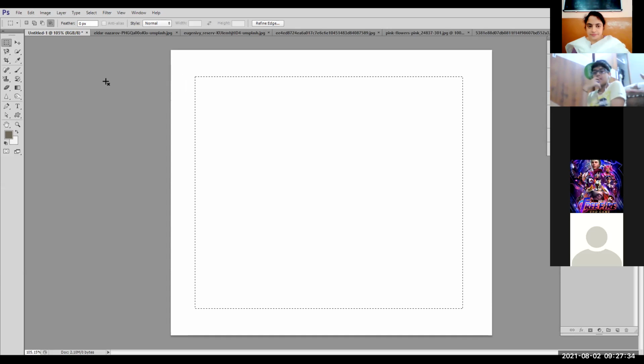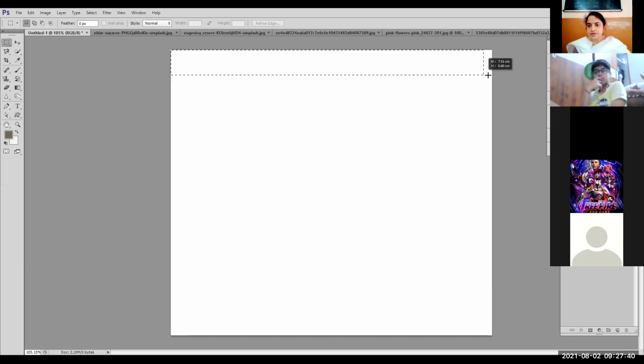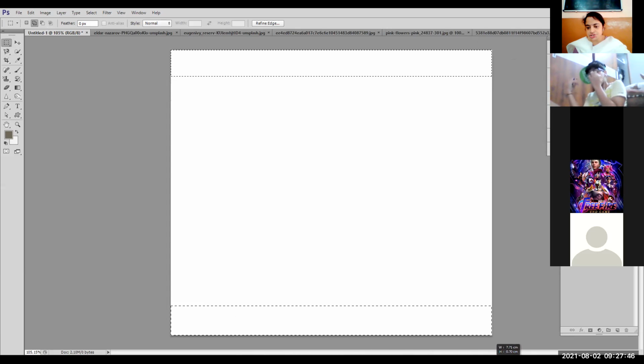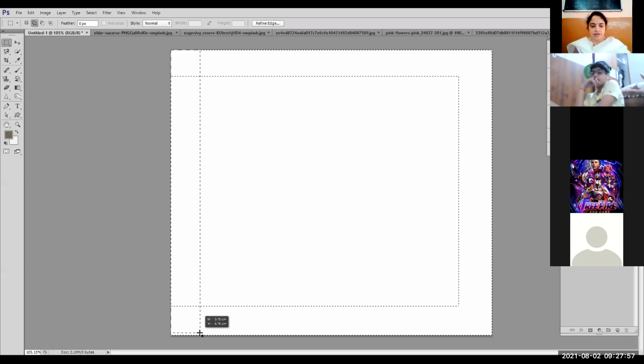One option is I can select it like this. I press the Shift key, select the other portion, press the Shift key again and select this portion, and again press Shift and select this. Now all the borders are selected.